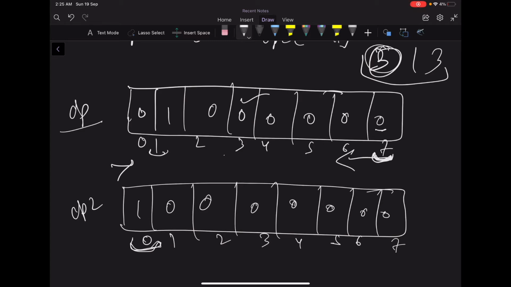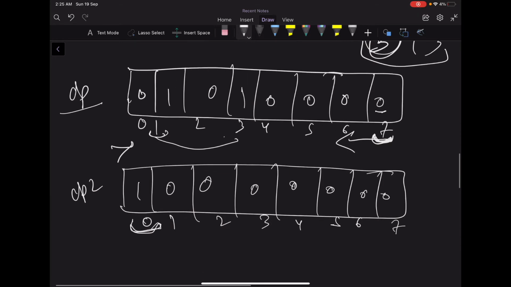So when I reach dp of 1, I know that the product 1 is already possible because dp of 1 is true. I'll multiply it by 3 and make dp of 3 true, and then I move to the left side, so there will be no duplicates, right? So when I was at dp1, I multiplied it by 3 and made dp3 true, right? And when I was at dp0, it's 0, so I cannot really multiply anything by it.